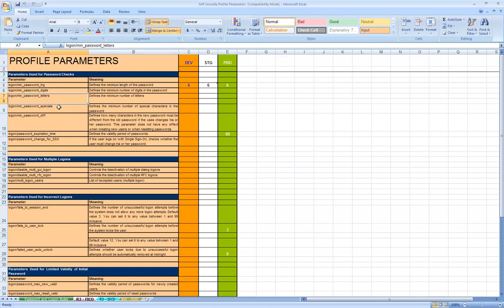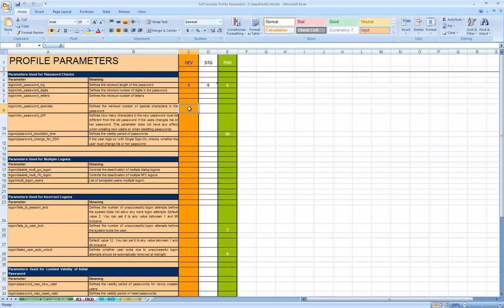Now, if you look at this parameter for your password checks, login/min_password_specials, this parameter will enforce whatever value you give here.